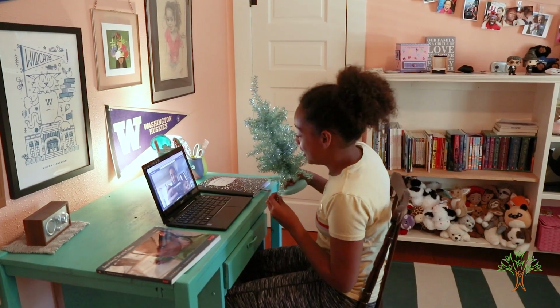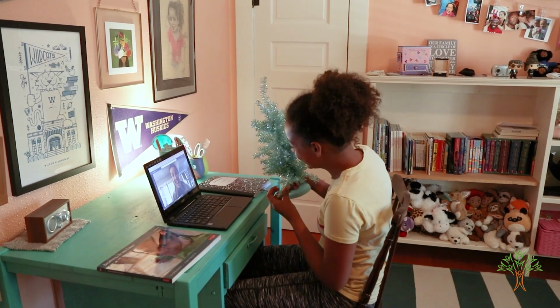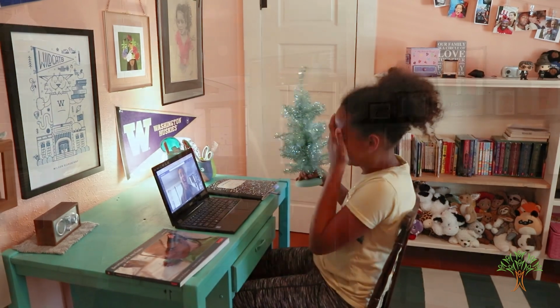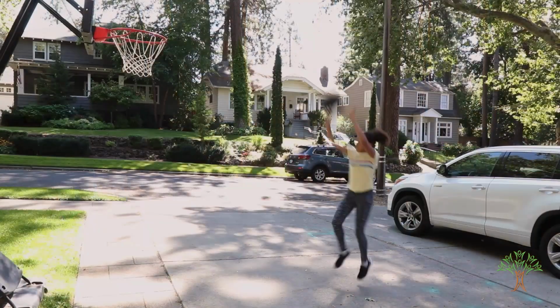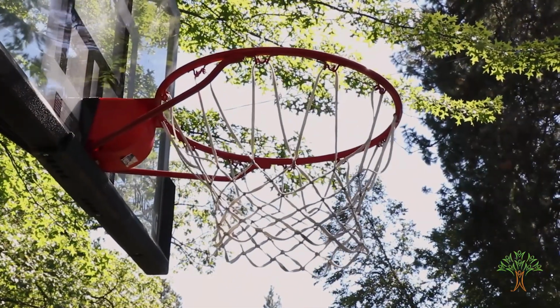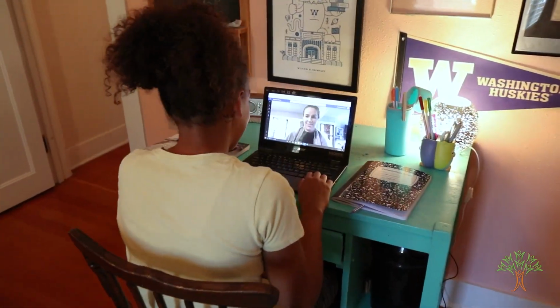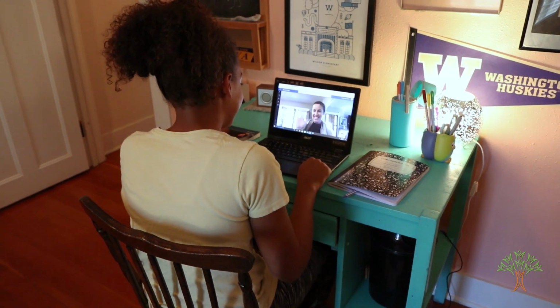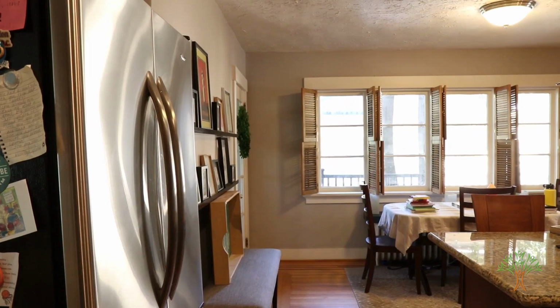Once that lesson is done, your teacher will give you a short break before moving on to the next lesson. You could go use the bathroom, get a glass of water or a snack, or play outside. You'll have a couple more lessons just like that. You may also start another Teams meeting with another teacher to do music, art, science, or PE.